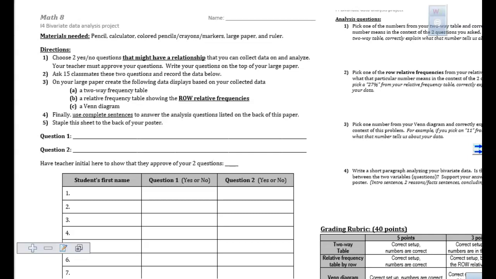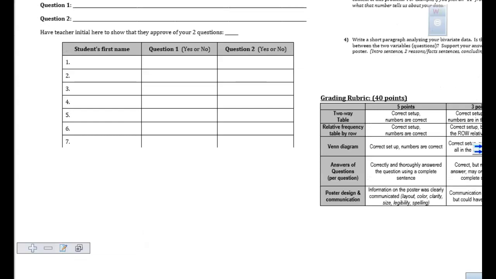You're going to have tomorrow's class period to make the nice poster. I have some yellow paper, a little bit bigger than just regular paper size, that you are going to be doing your project on. So everyone tomorrow will come in and grab one of these sheets of paper. And some of you have great handwriting, but some of you not so great. So when you go to make this poster,